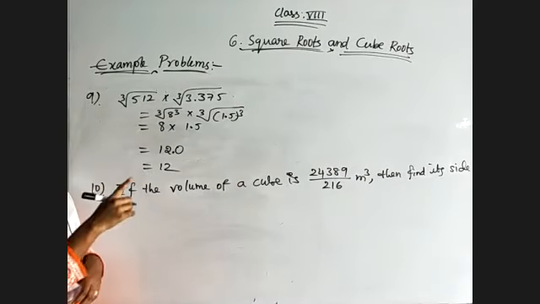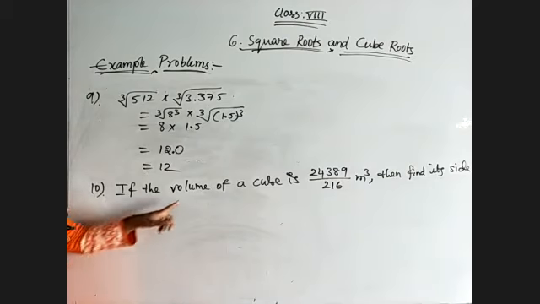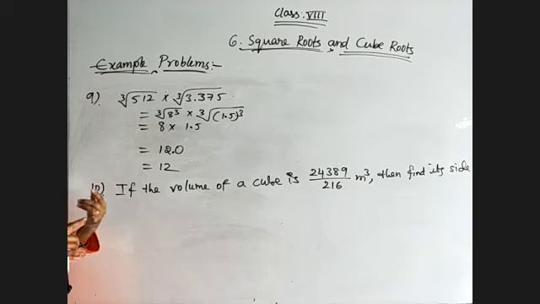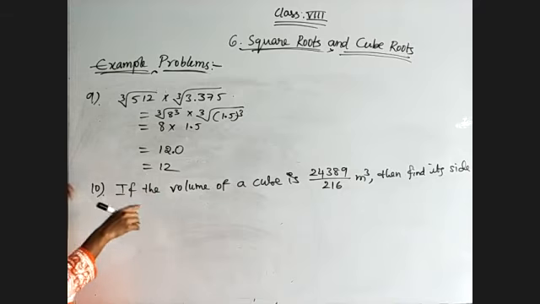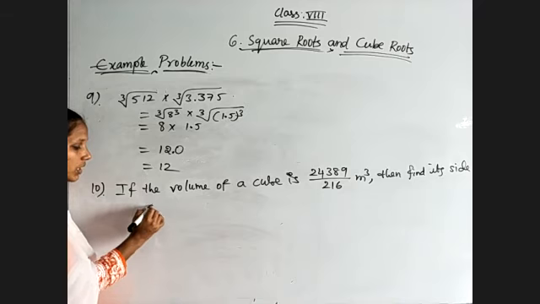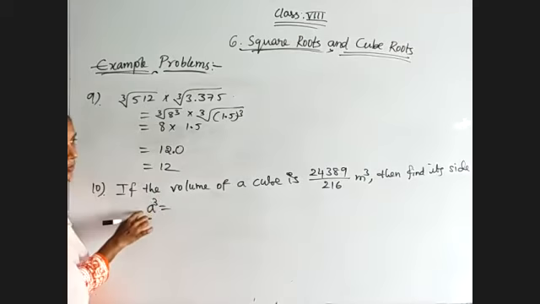Okay, so whenever they are asking for side and the volume is given, we need to go for the cube root. If they give the area of a square and ask for the side, in that case we must go for the square root. Now observe, because volume is given we need to go for the cube root, because the volume of the cube is equal to side cube, that is